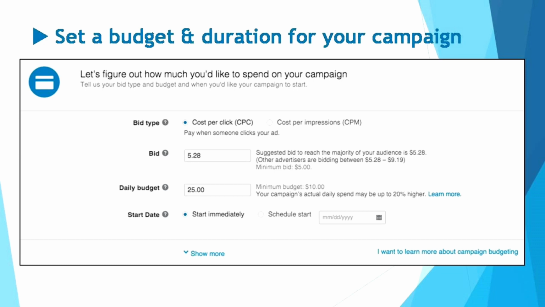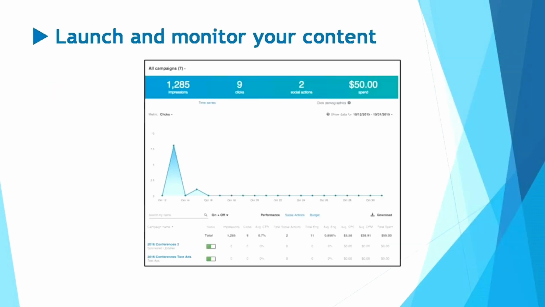And from there, the Campaign Manager will suggest a bid and daily budget. You can also customize the start date of the campaign as you like. And you're done. Simply click and launch your campaign. After launching a sponsored update campaign, you can track its progress in the Campaign Manager homepage under the Sponsored Updates